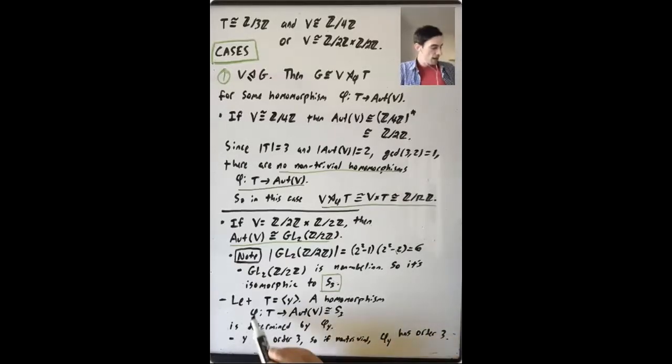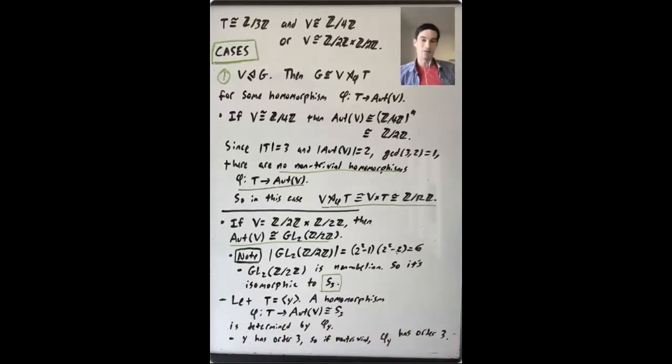And y has order 3. So phi of y has order dividing 3. So if this homomorphism is not trivial, then phi of y has order not 1. So phi of y has to have order 3. And now we know what the elements of order 3 in S3 look like. There are 2 of them. Pick your favorite 3-cycle and then square it. Okay, so I'll pause and erase, and I'll tell you now we have 2 different non-trivial homomorphisms from